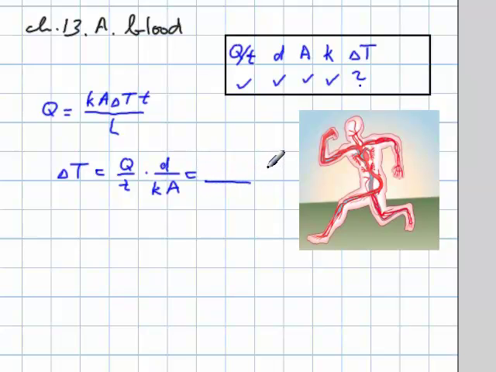Equals, and then of course you're going to come up with Celsius degrees for the answer,